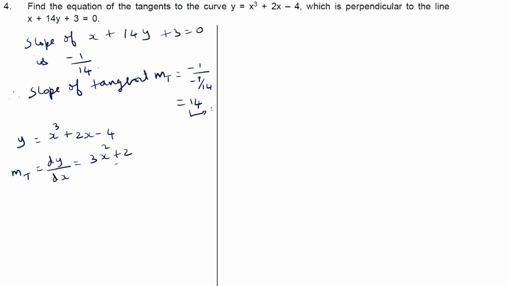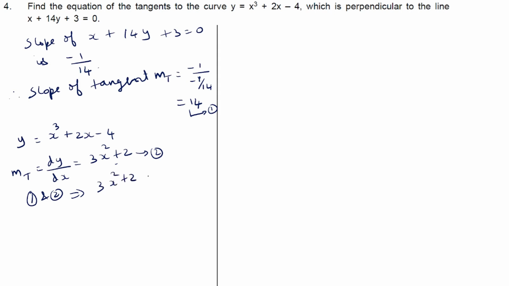So if we take this as 1 and this as 2, these two are equal. These two are the slope of the tangent. So 1 and 2 implies